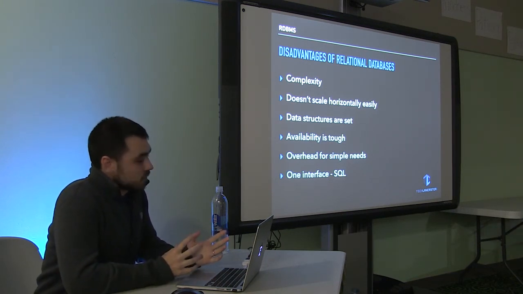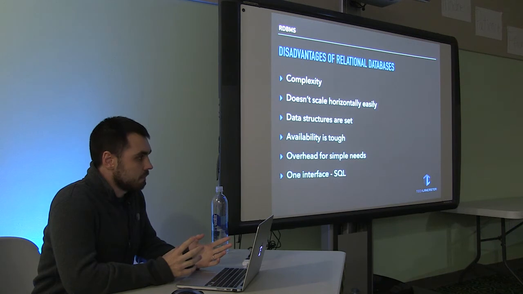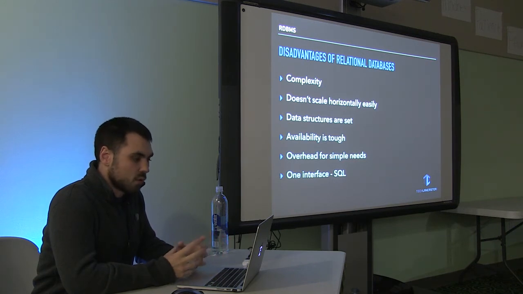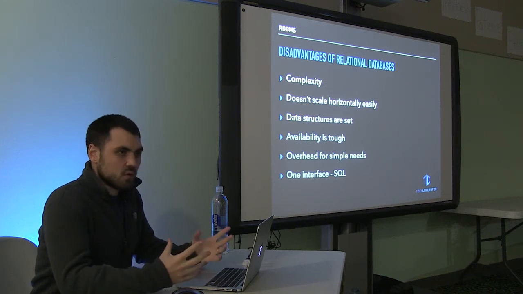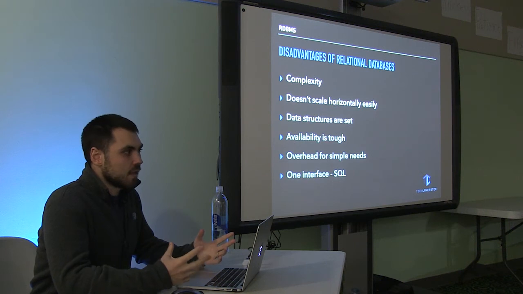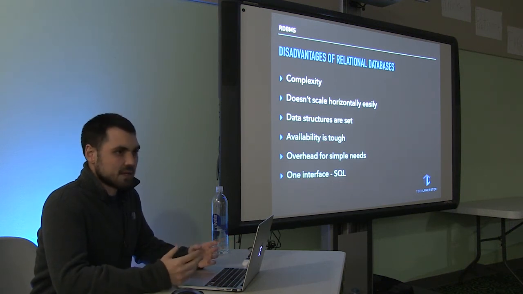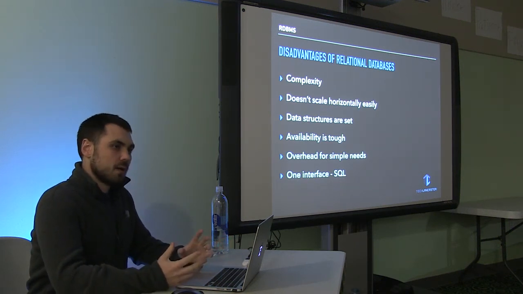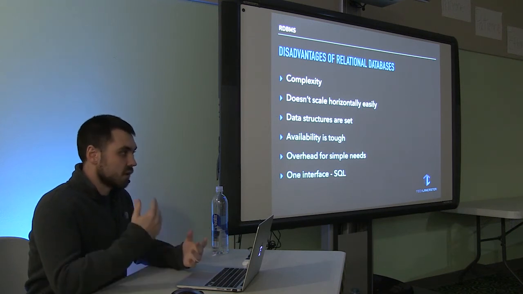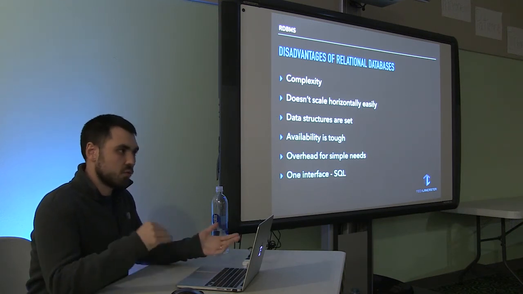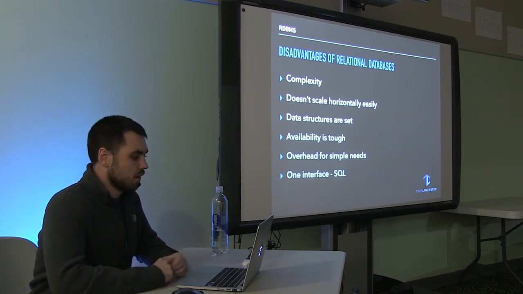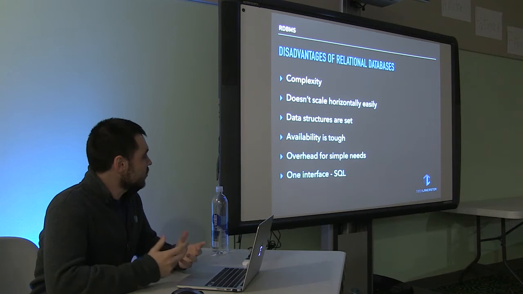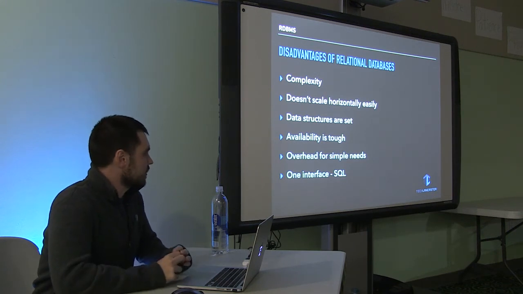Because relational databases are ACID compliant, they don't horizontally scale very well. When you have a bunch of computers all working together in distributed computing, you can't absolutely guarantee that consistency of data will be there. So relational databases scale vertically, because you want all your reads and writes done on one machine. That server has to be big and beefy. So relational databases aren't very good at horizontal scaling.